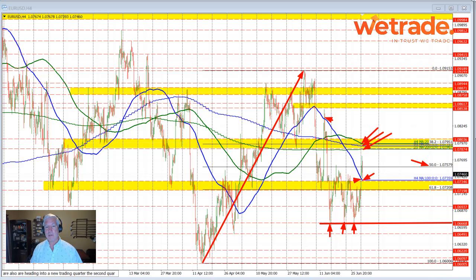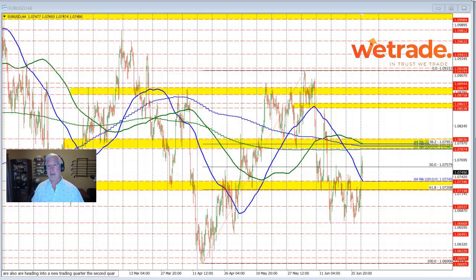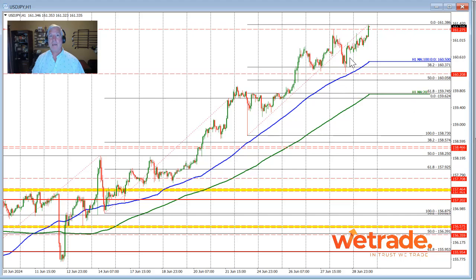Let's take a look at the dollar versus yen next, and on the hourly chart, you can see that the price has continued its move to the upside in trading here today. On Friday's trade, the price did dip down after breaking to a high of 161.27. That was at the highest level going back to